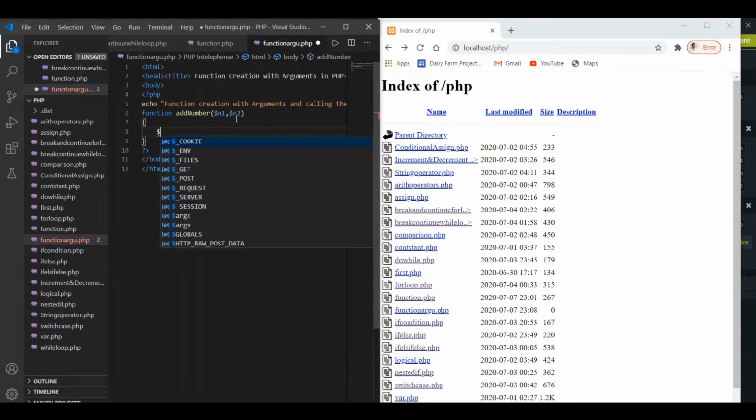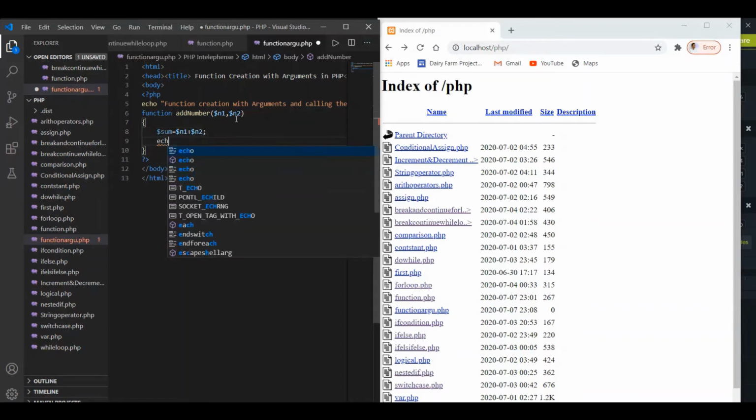In order to store the result, I will take another variable, say sum, and to this I will assign the value of variable n1 plus the value of variable n2. Then here I put the sentence terminator. So this function will take two arguments. One will go to the variable n1, another to the variable n2. n1 plus n2 will get added to each other, and the value will be assigned to the third variable, that is sum.